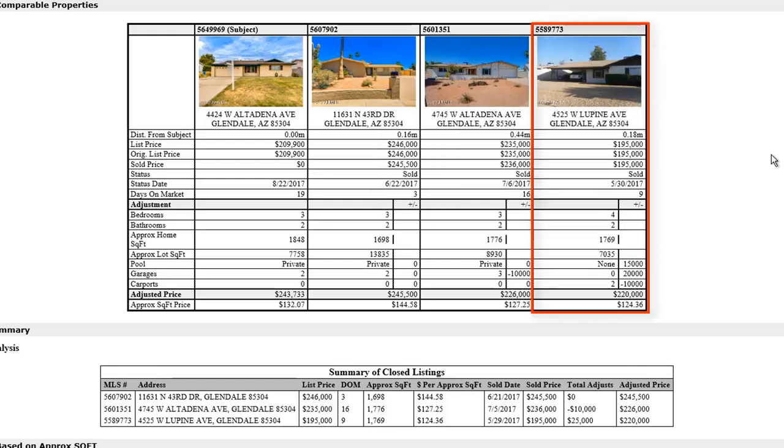Keep this in mind as we notice that our third comparable, which sold for $195,000, has no pool and no garage, but it does have a 2-car carport, which gives us a total added adjustment of $25,000. Thereby giving us an adjusted price of $220,000. The adjusted price per square foot is calculated by dividing the newly adjusted property value, in this case $220,000, by the property square footage. This gives us our adjusted price per square foot of